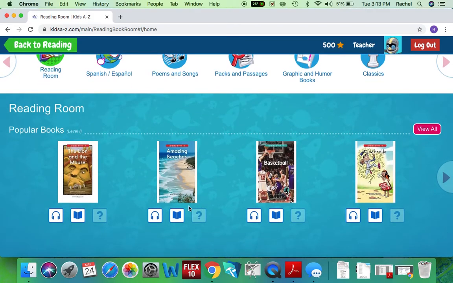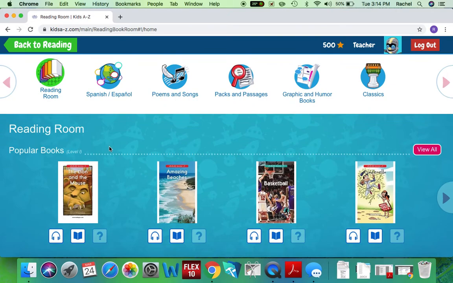When you want to read a book, if you click the book you can read it yourself, or you can click the headphones and it will read to you. After you have read it, you get to take a quiz about the book, and that is when you will see the question mark will turn white and blue, and then you can click that and take the quiz about it. When you're done with reading room, you go back to the green arrow at the top